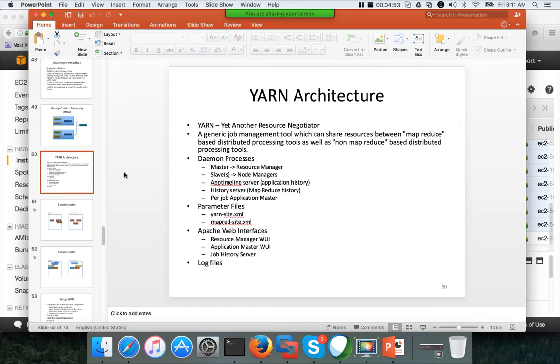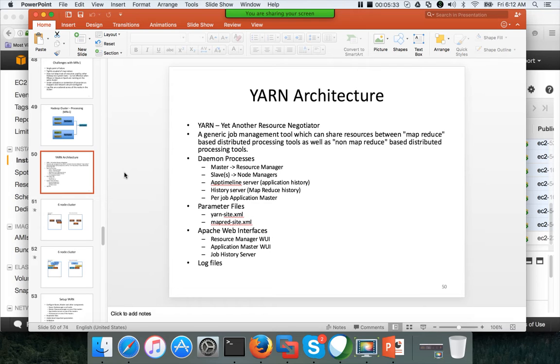So the job tracker used to do both resource management, monitoring the cluster, as well as job management, due to which, when hundreds of jobs are submitted concurrently on a very large cluster, involving thousands of tasks running at a time, the job tracker becomes unstable. If the job tracker breaks down, then no job can be submitted, and it can impact many applications in Hadoop.